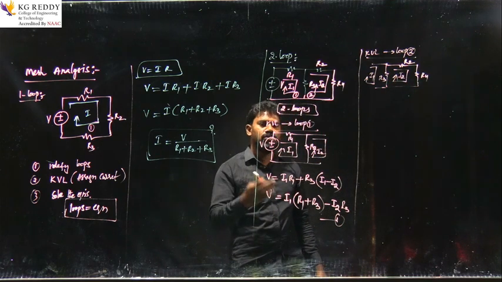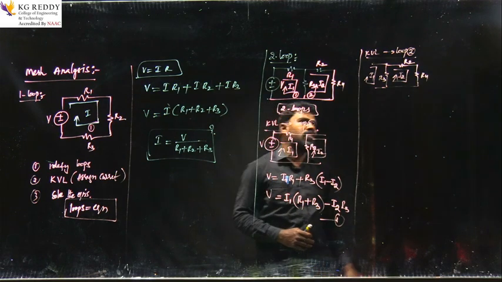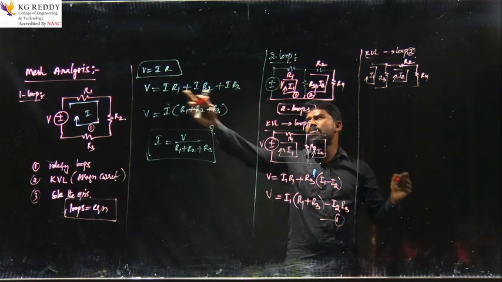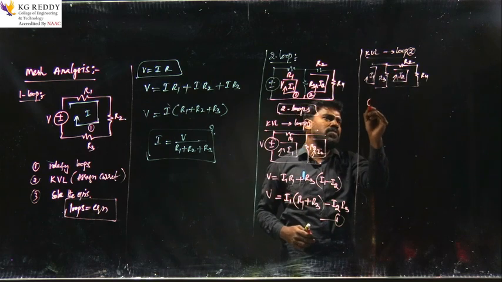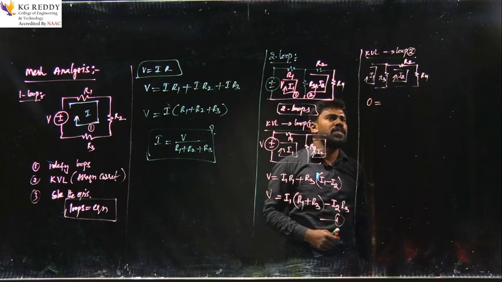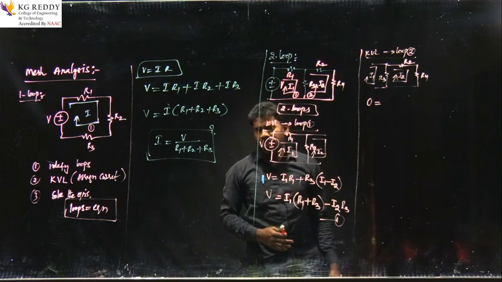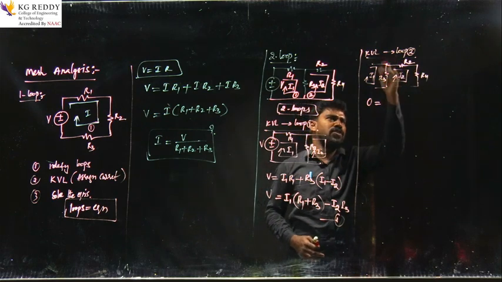There is no voltage source in this loop 2, because here the voltage source is there, that is why we are getting V equal to something. But in loop 2 there is no voltage source. So the standard formula is V equals I into R, and there is no V in this loop 2. So that is why V is equal to 0. A network without a voltage source is called a passive network. Okay, so now you can see.